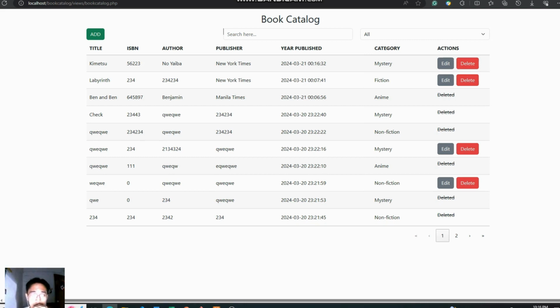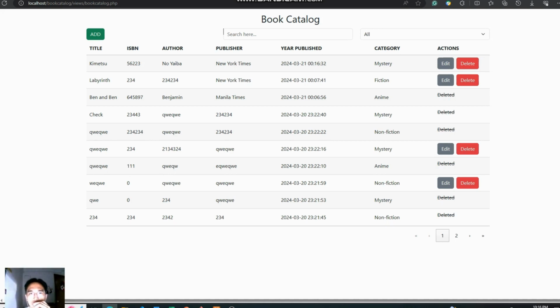This is once again Jeremy, and today I'm here to show you my project 2 for this year, which is titled Book Catalog. In a little bit of a report, in order for me to build this type of project, I use PHP for the backend and Bootstrap for the front end, and MySQL with XAMPP for the Apache server and database queries.